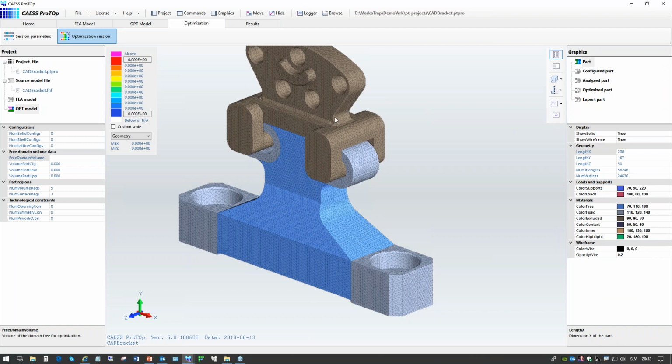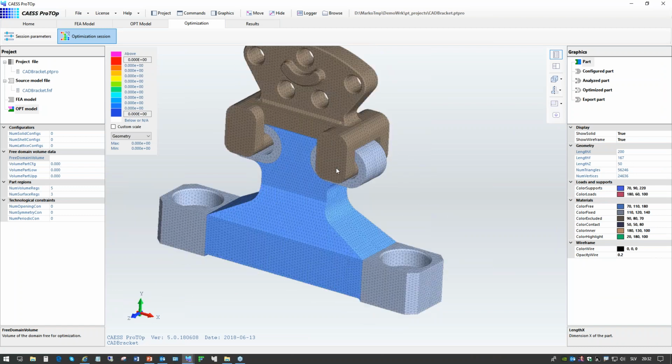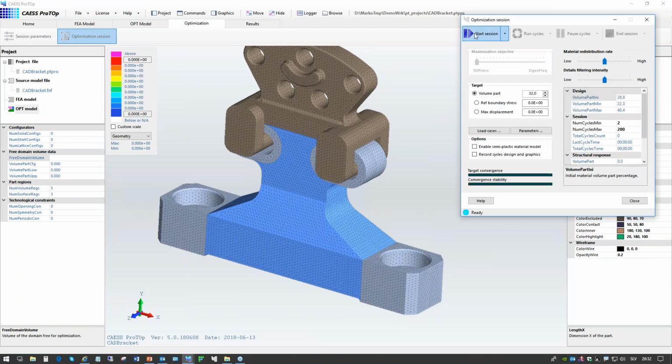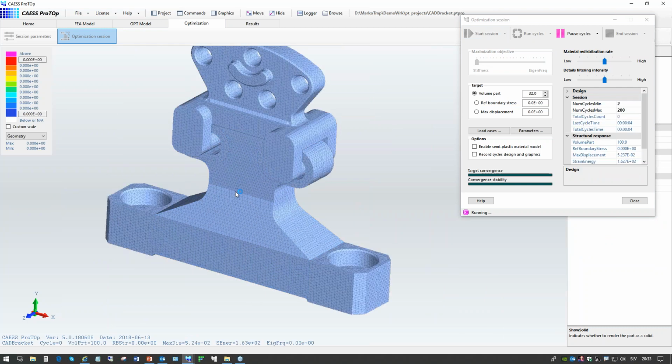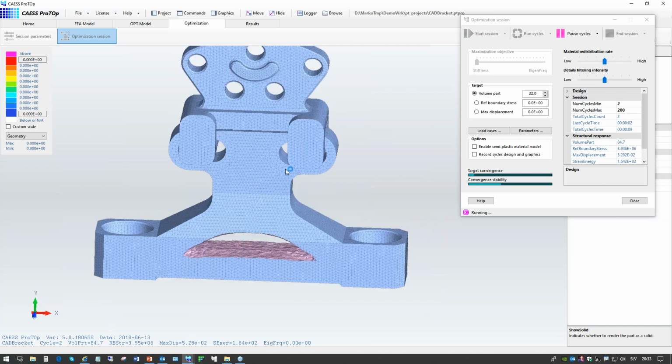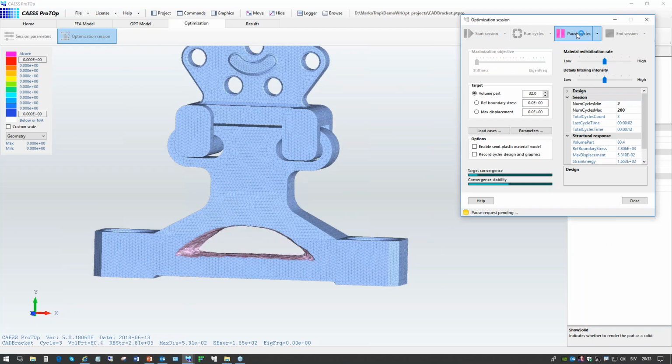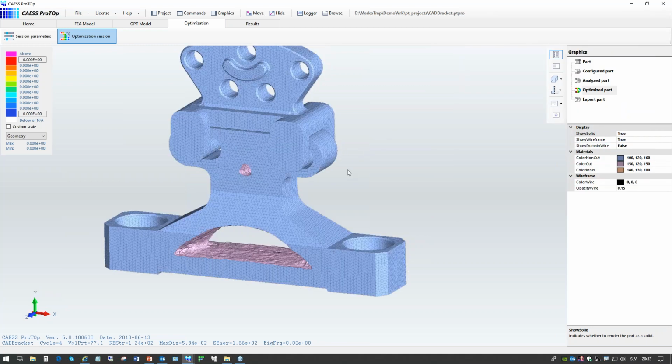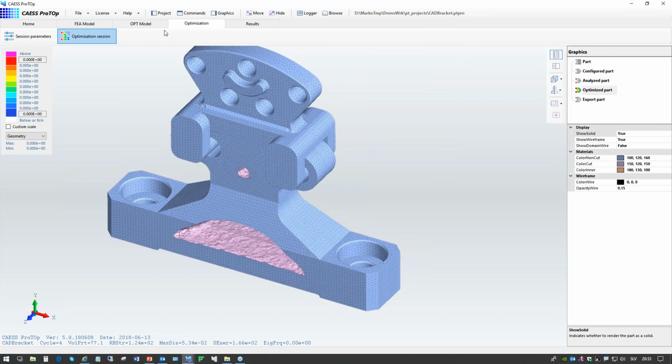So we have here a usual solid part, completely filled with material. And let's say the blue region is free for optimization. I can just run this quickly to show you that this is a usual solid part, and the optimization will start as expected. So some material is removed. Okay, I will end this now. One possibility is to optimize the part as a solid part, but in ProTOP, what we can do also